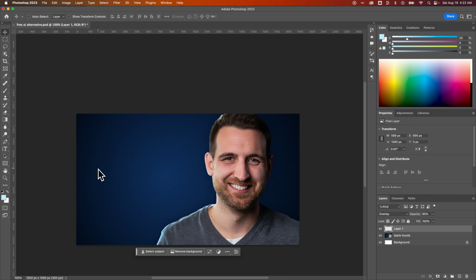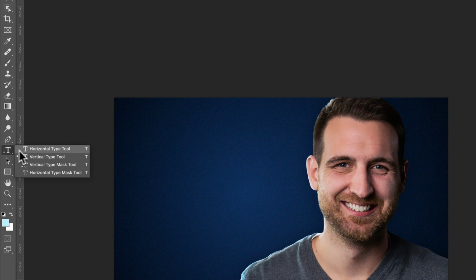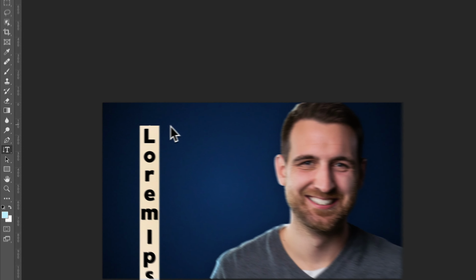In this Photoshop tutorial, let's take a look at how to type vertical text here in Photoshop. So if you press T, that is the type tool. If you click and hold on the T in your toolbar, you're going to see that the default is horizontal type, but you can also do vertical type. So we click on vertical type and we click on our document and it's going to create a new vertical